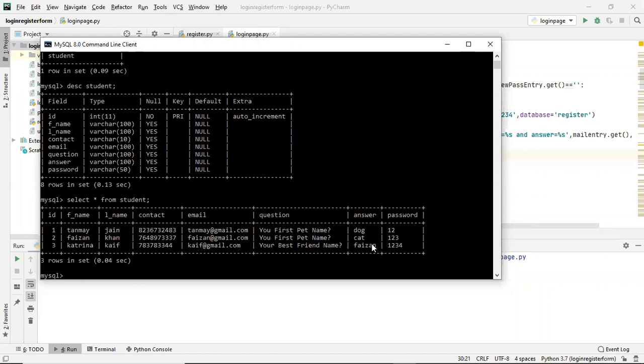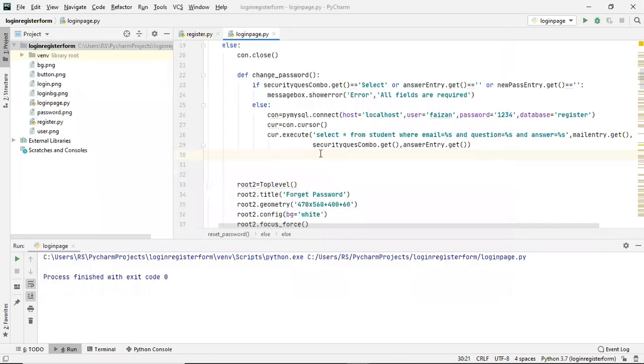There is only one row in which these three values are the same, so this complete row will be fetched. So we'll write the same thing here, cur dot fetch one.